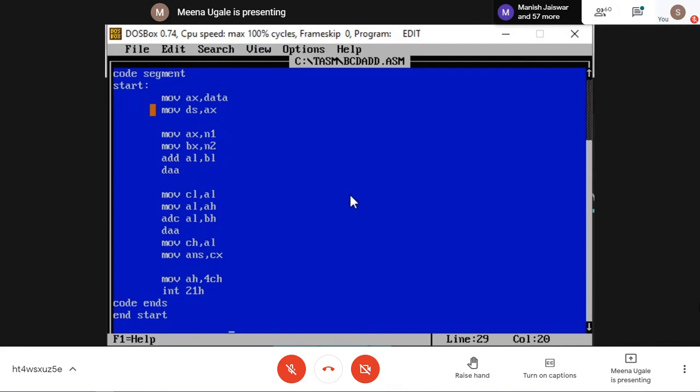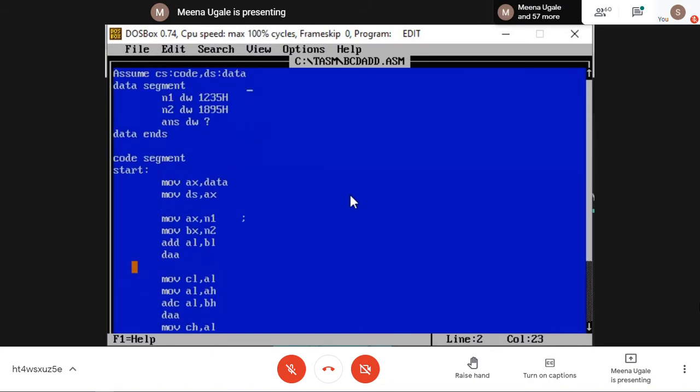The normal way of understanding, I could suggest that in your notebook, whatever numbers you assume, write that number after each instruction and see. Like here my first number: what was my first number in AX? 1235. So I'll write here 1235 in the AX.